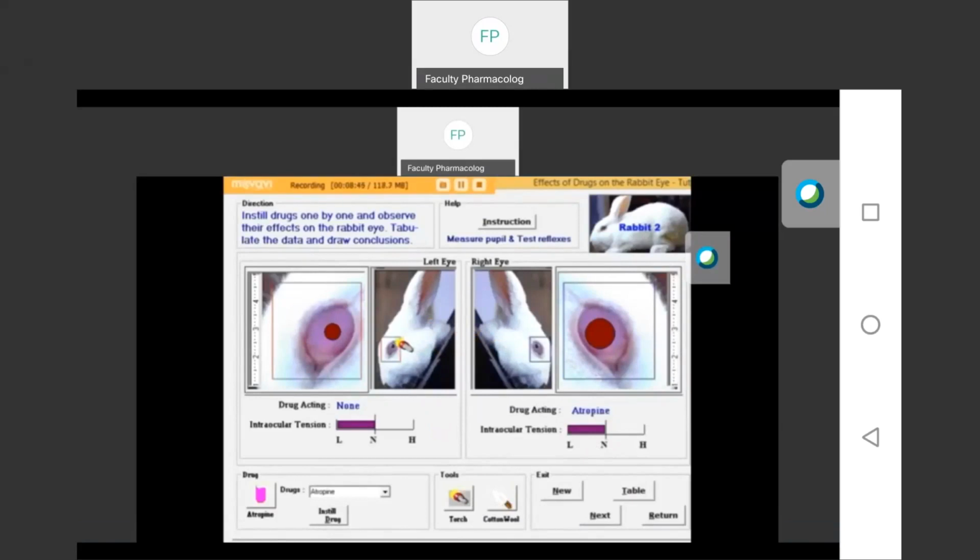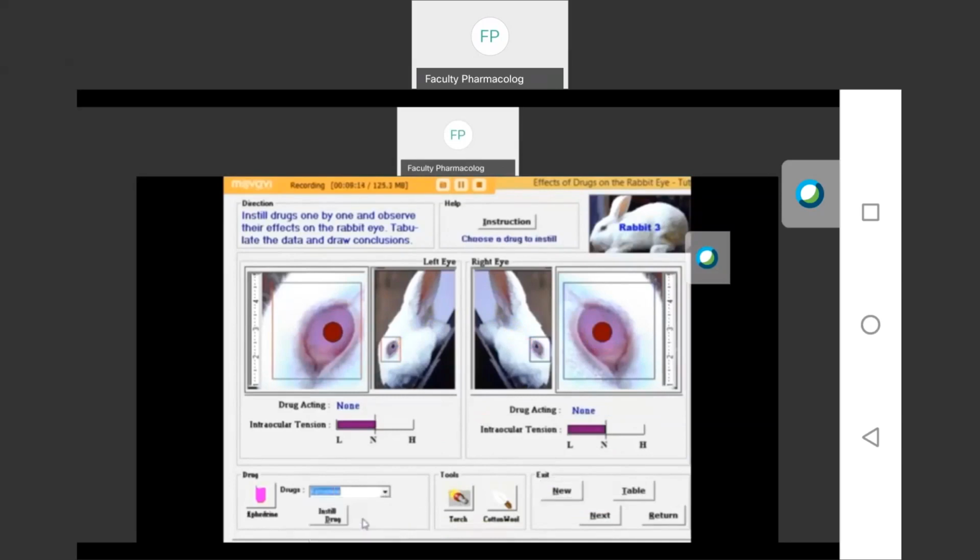Then for the light reflex, you can see the constriction of the pupil in the normal eye. Here in the test eye you can see there is no change. That means the light reflex is absent with atropine.